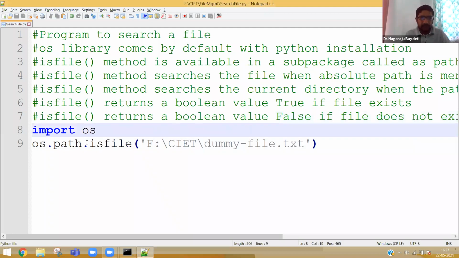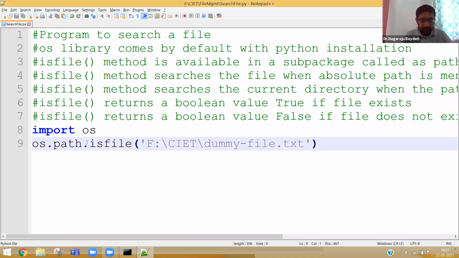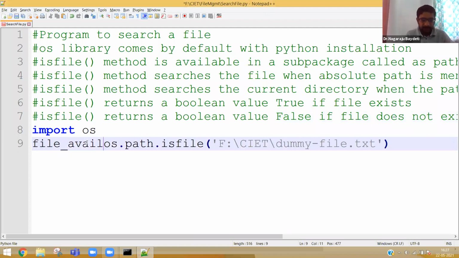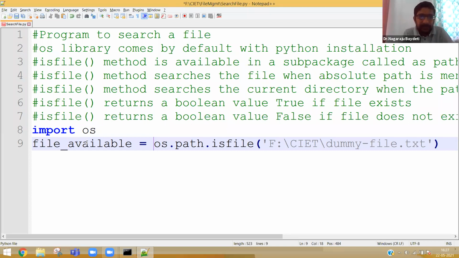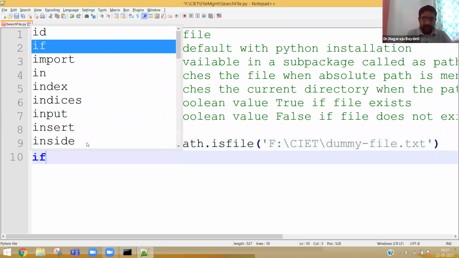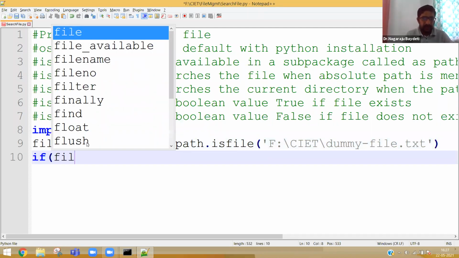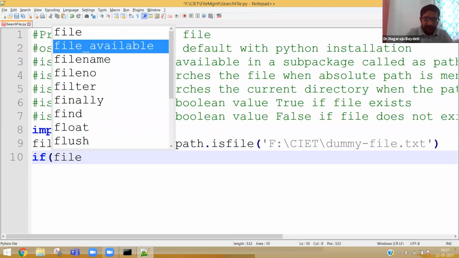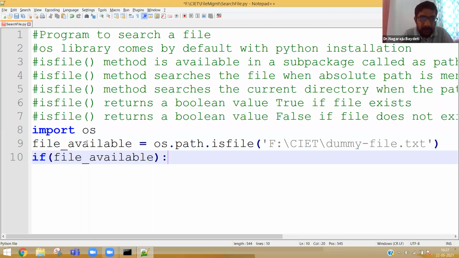Okay. Now, let me say file_available is equal to that. file_available will be true if the file is really available, otherwise it will be false. So what I can do is, if file_available, what is file_available?